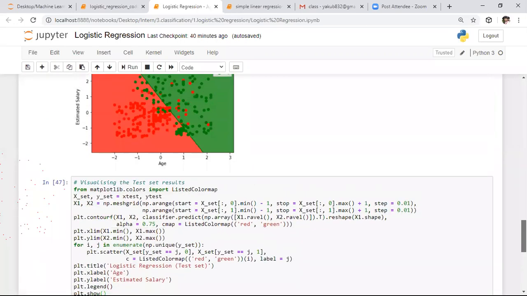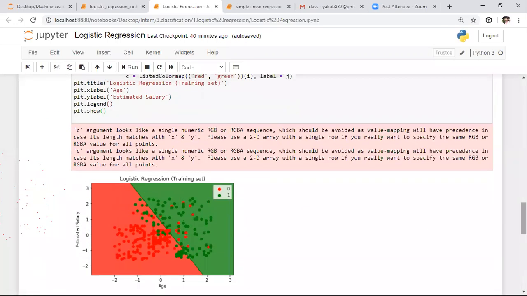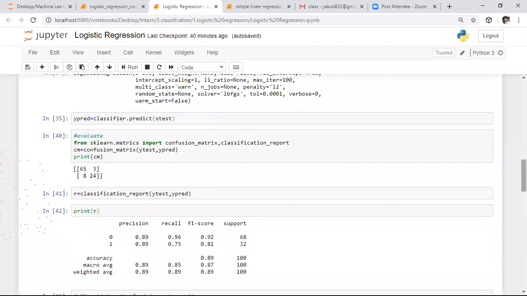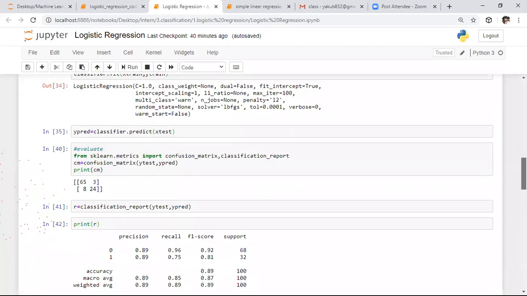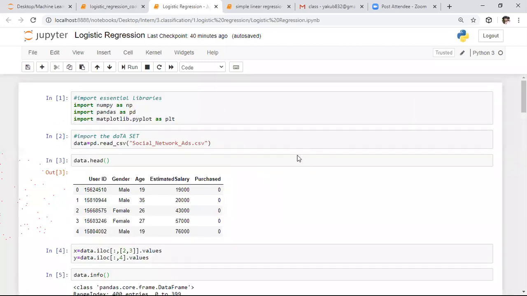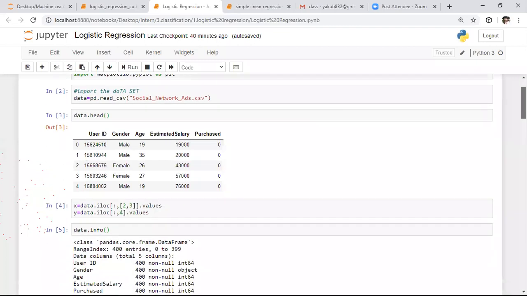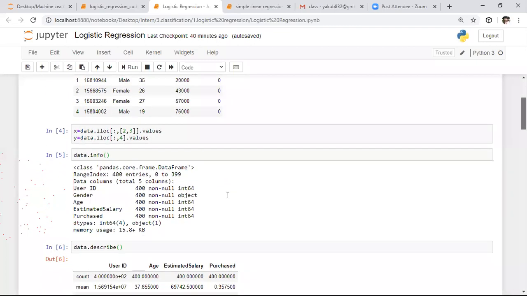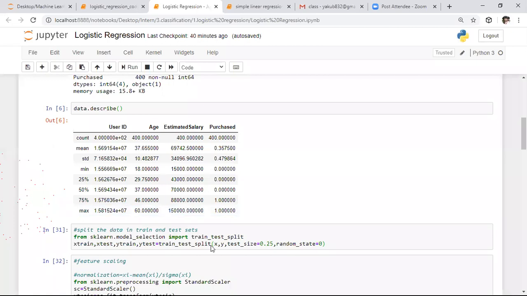So that is the visualization step, and that is the basic classification project. So what we did here: initially we imported essential libraries. After that, we imported the data set. After that, we divided this entire data set in the form of training and test set. After splitting, we performed a pre-processing step to scale every feature to a specific range.